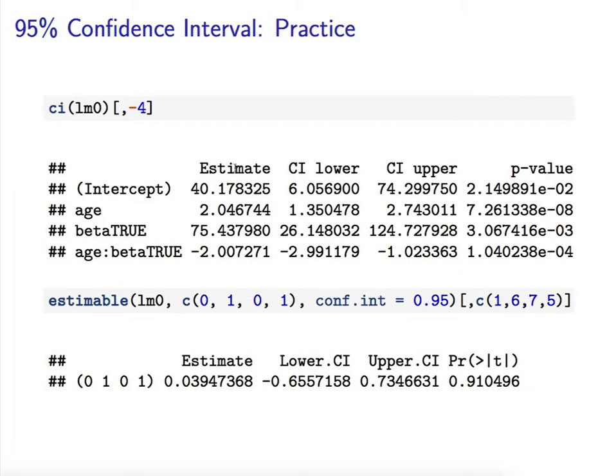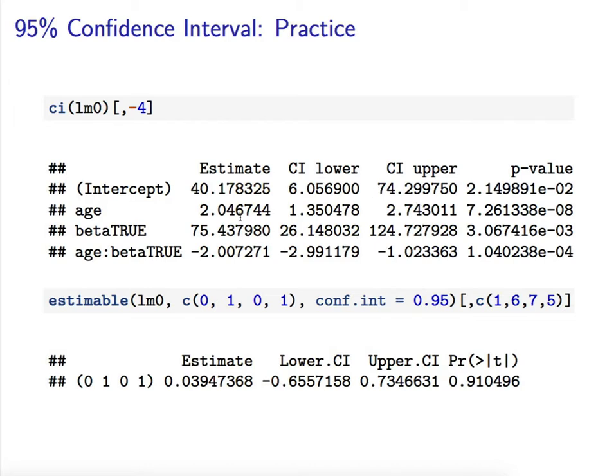We already saw from before what the CI function will do. Now our model is called lm0, and we're going to leave off the fourth column because it's not important. It runs off the edge of the page. This will give us estimates for each of the betas here, each of our coefficients, and it will give us a confidence interval along with a p-value